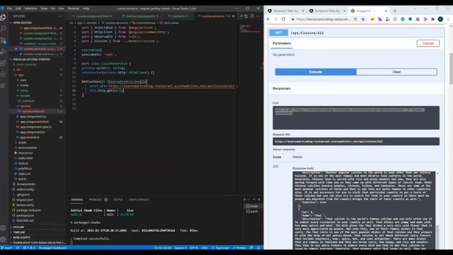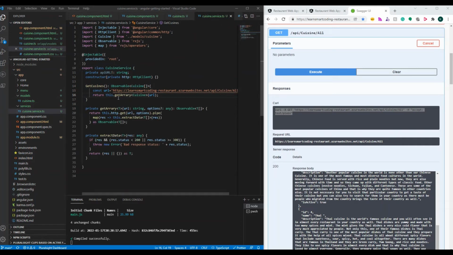What we can do is I have a method which extracts this data. So let me copy paste this method. We are going to simply call the get array, which is this method. It is going to pass the URL. This is going to trigger an HTTP GET call, and pipe and map are the operators of the RxJS. We'll explain more about this pipe and map in the RxJS video, but basically what this is doing